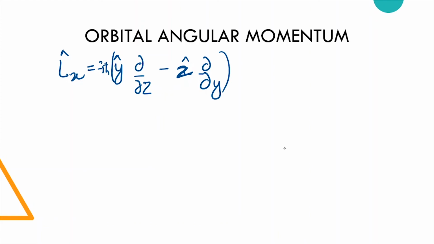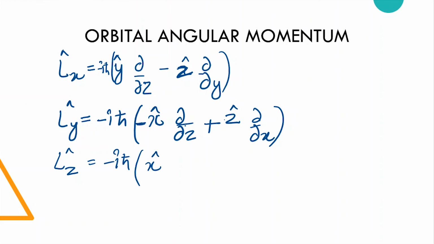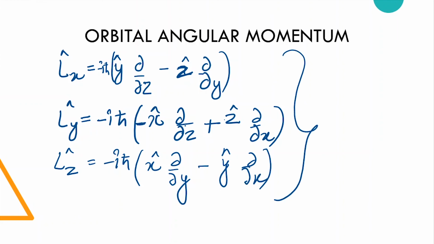Similarly, we can write for Ly, which is equal to minus iota h cross times z del by del x minus x del by del z. Similarly for Lz, minus iota h cross, then x del by del y minus y del by del x. So these are the operators